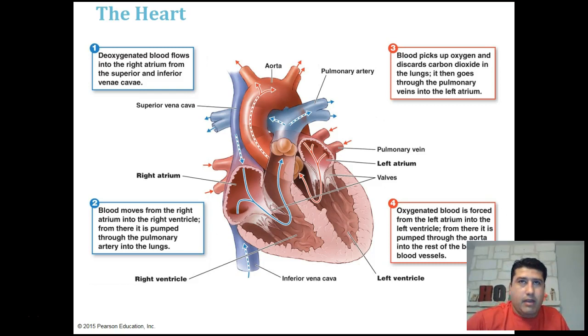Okay, so again, blood is delivered to the tissues. The tissues pick up oxygen. They give up carbon dioxide, and all of the carbon dioxide rich blood is dumped into the right atrium. Okay, all right. I'll explain what's happening at the left atrium in a second.